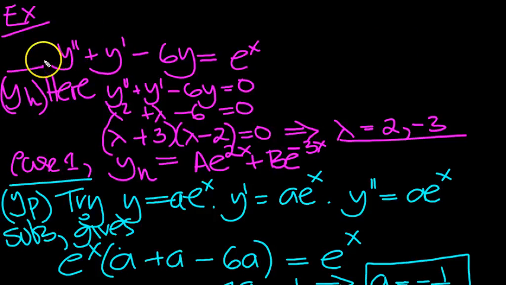So here's an example. Take this simple little second order linear differential equation, which is equal to e to the x, the function of x on the right hand side. There's two parts of the problem, so I've drawn a line across the page here and here to get YH. So you drop the function of x and you put a 0 and solve this as we did in the previous section. In this case it was case 1, 2 real roots,